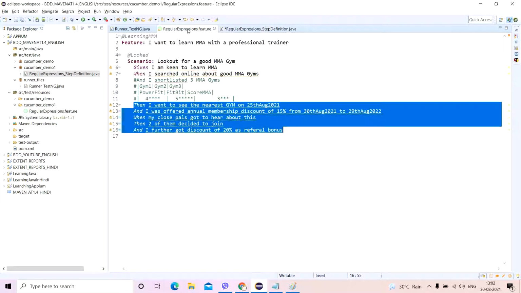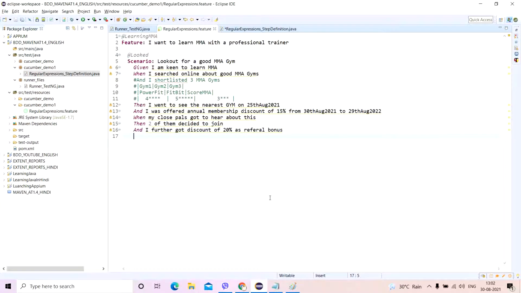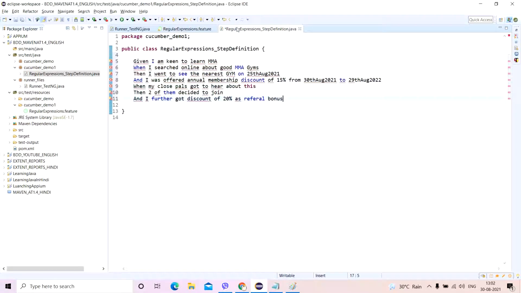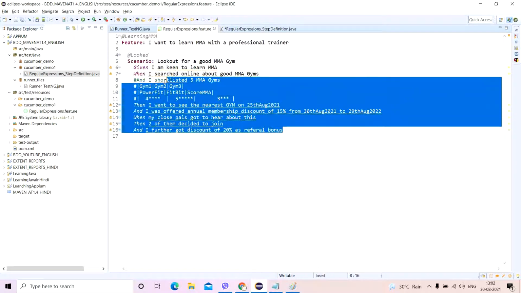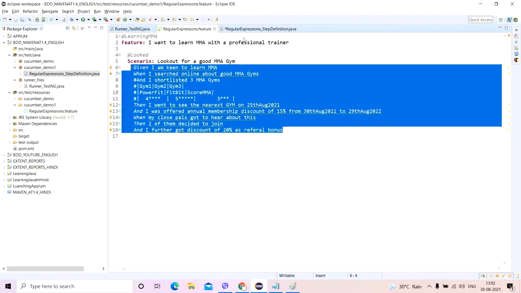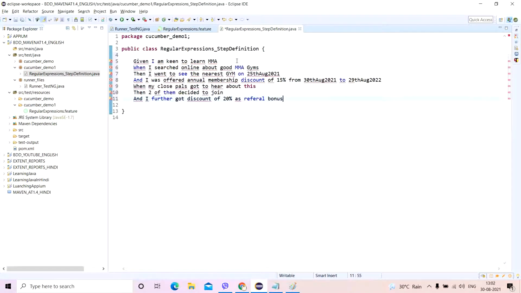There is another way: you can right click, run this feature file and select the suggested code. But first and foremost, in this video I'll do it in a manual way so that you will actually understand how things are done. So whatever your steps in your feature files are, copy them. See, this green part is a commented section, so obviously I'll not copy. The ones which are in active state, I've copied exactly the way they are.